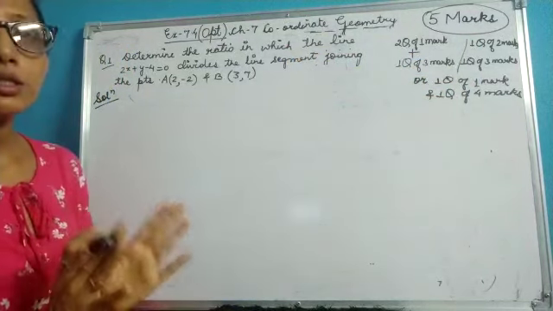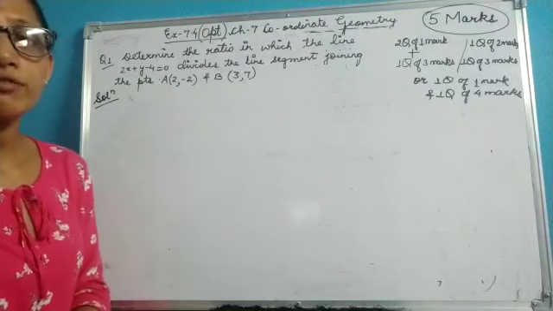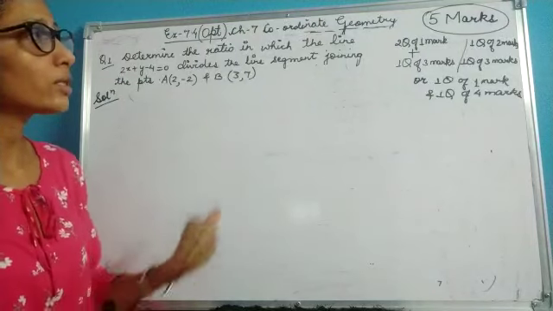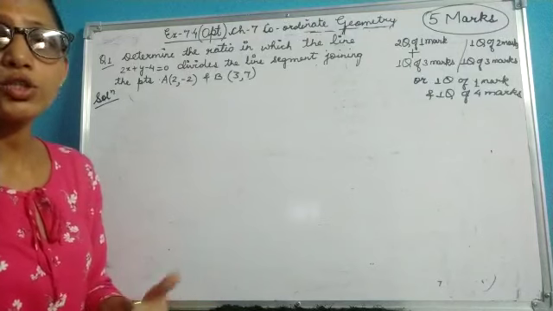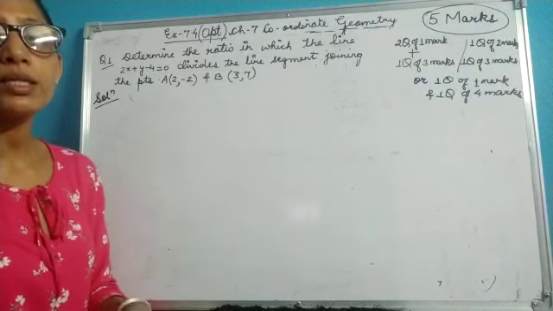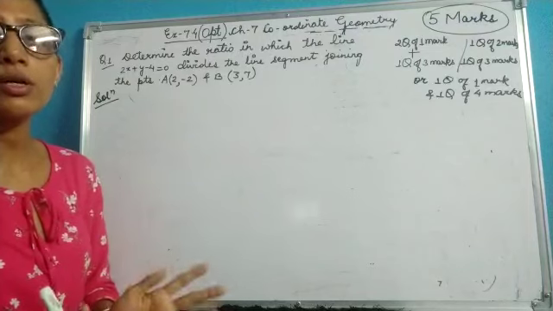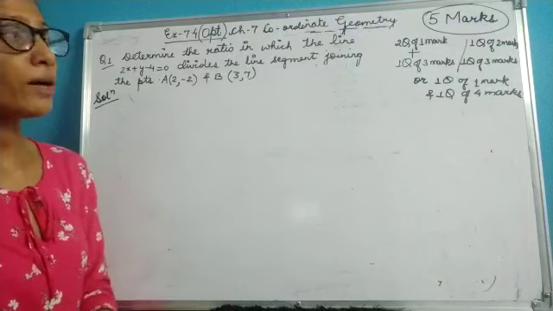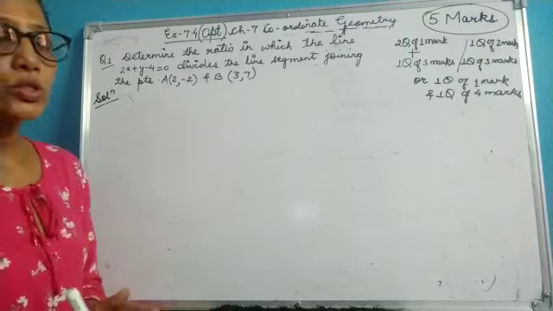So in total this chapter has a weightage of 5 marks and you can get these 5 marks in your pocket just by remembering 3 formulae. As I told you in the very beginning, this chapter revolves just about 3 formulae which you have to remember. Let's see the question here.